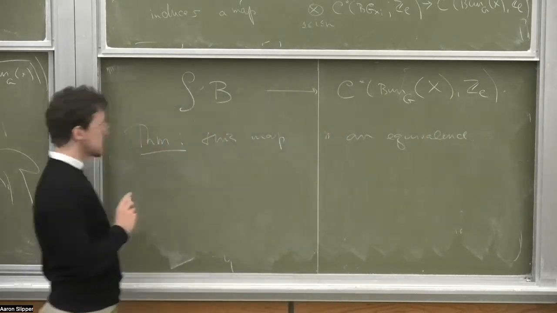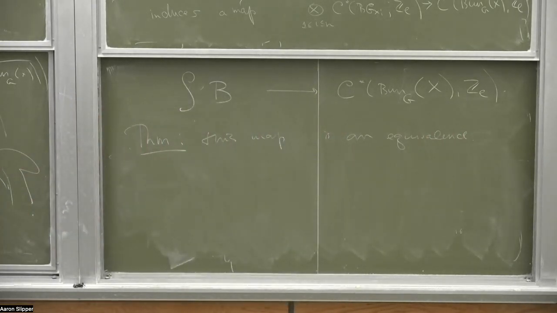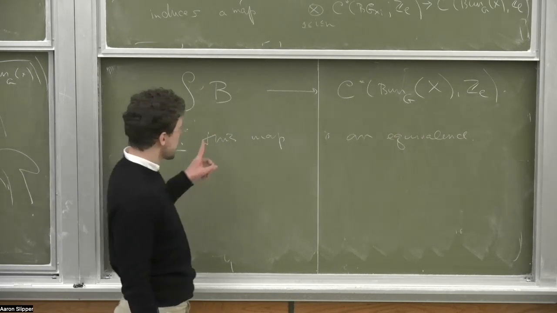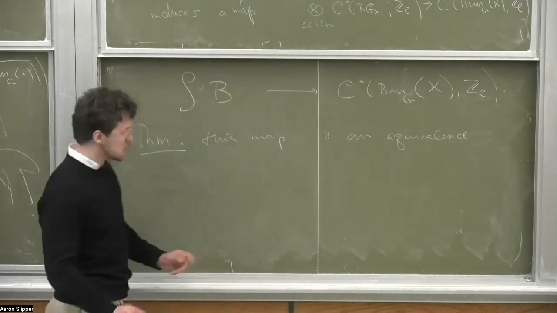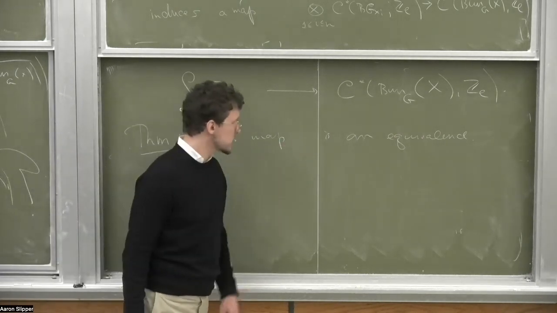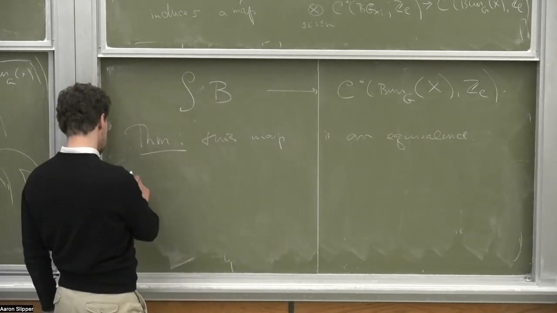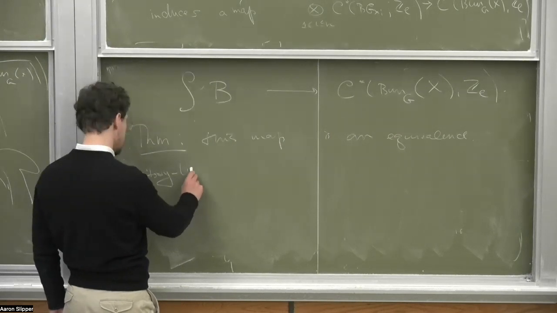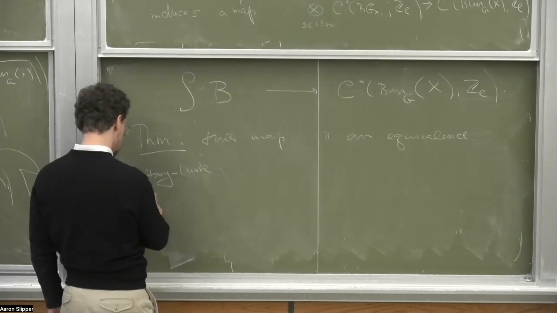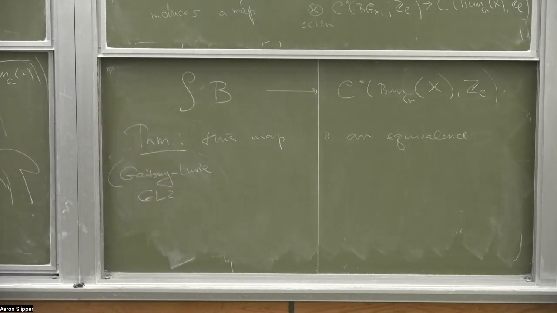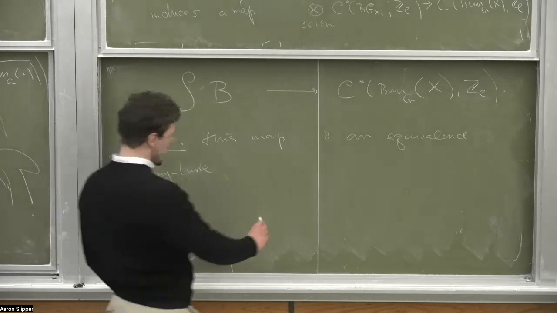And again, remember, G has connected fibers, and the generic fiber is semi-simple simply connected. Without these conditions, the statement is potentially not true. So these are Lurie's proof assumptions. Okay, so the goal is to